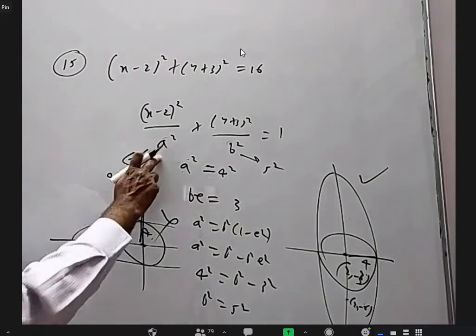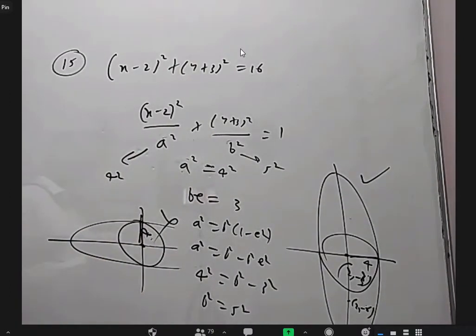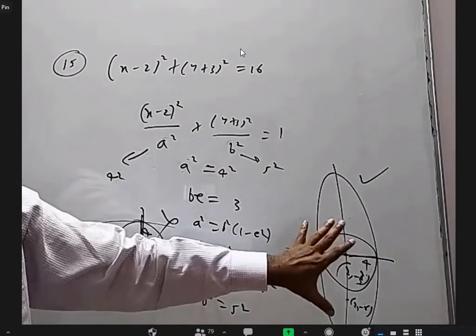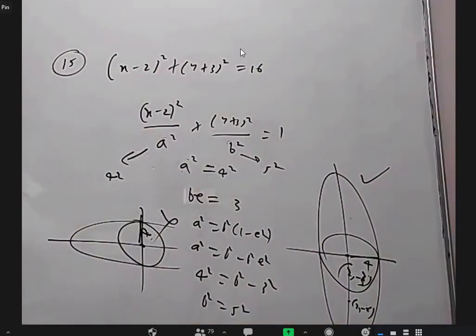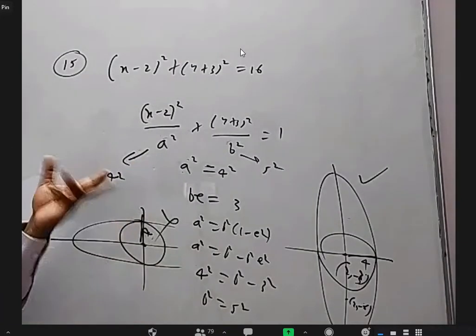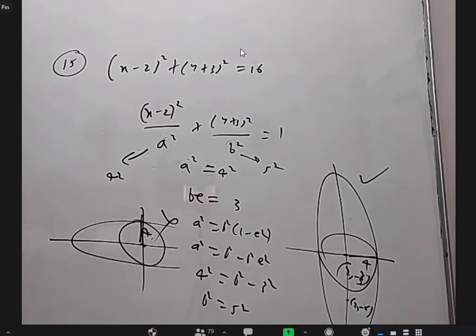In fact, if you understand this is 4, there is only one answer, that is 4. You don't have to find the q also. You have to only understand it is a vertical ellipse, mainly because the center and the foci have same x coordinate. And then understand this length is 4 means this denominator is 4 square and p is 4. Is it okay, 15? Yes, sir.